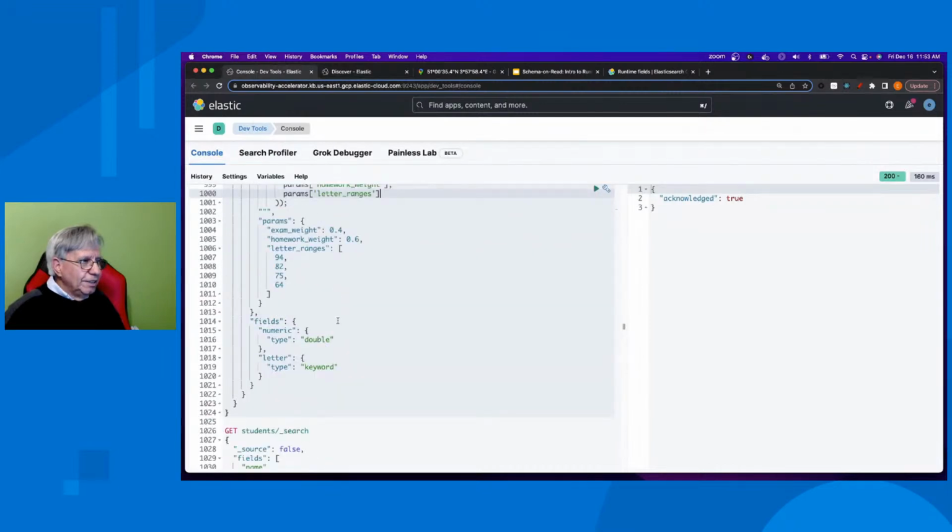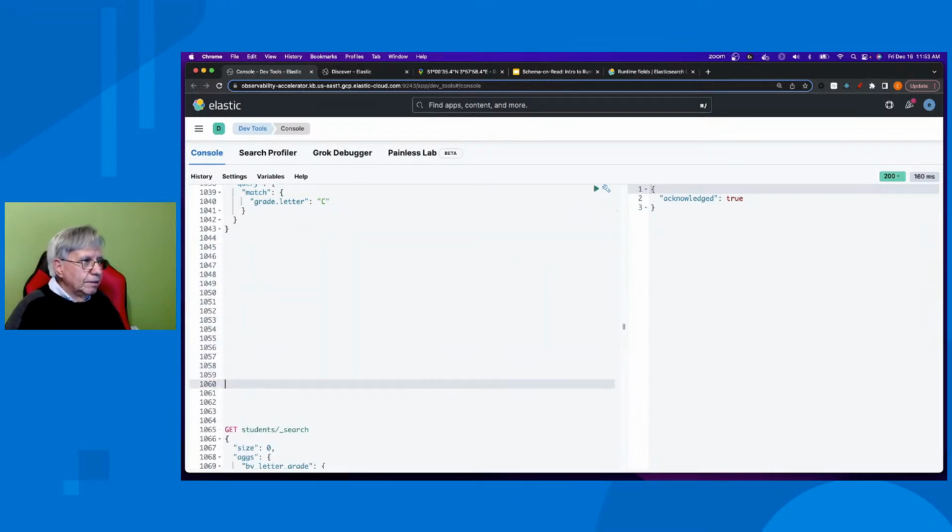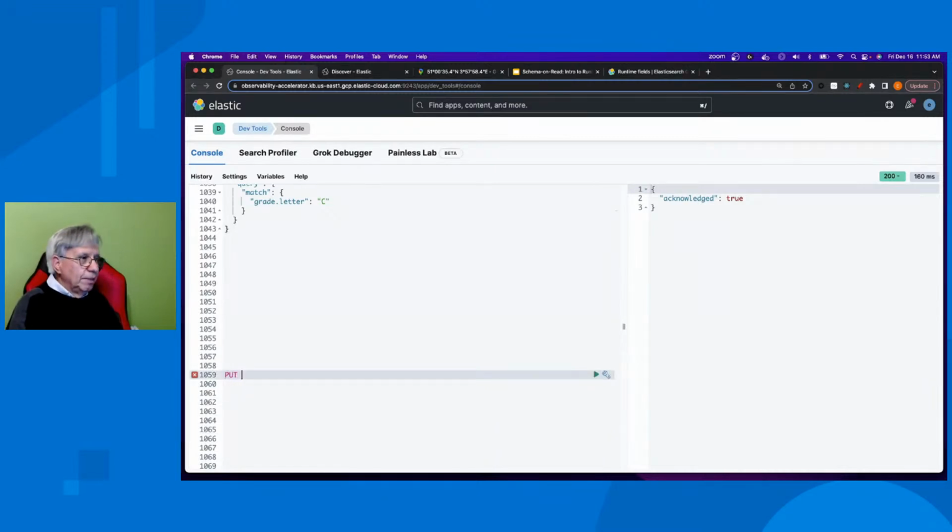I just want to get rid of that field completely. So they go to the mappings. My last bit of code for today, but it's totally destructive. I'm going to go to the mapping, and in the runtime clause, I'm going to say, I don't need this field at all anymore. Well, maybe I don't, but that's not going to be necessarily true for the world,